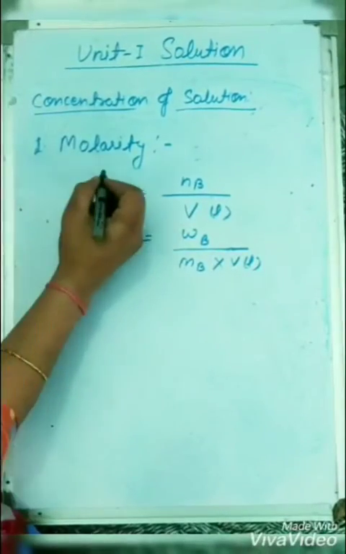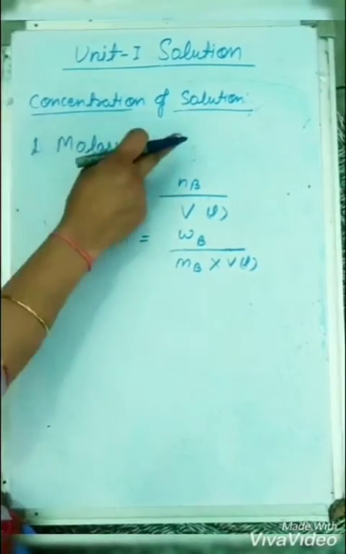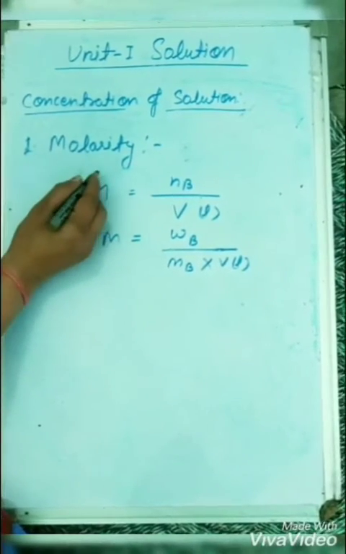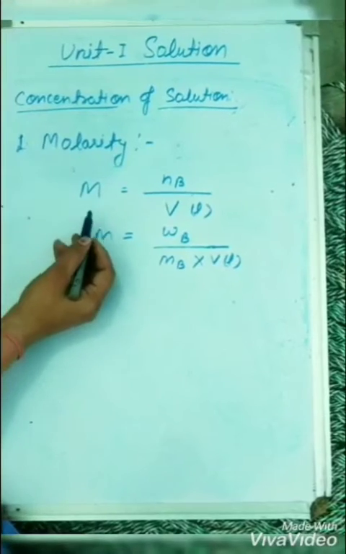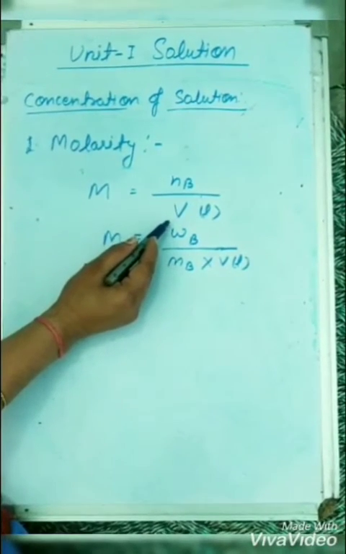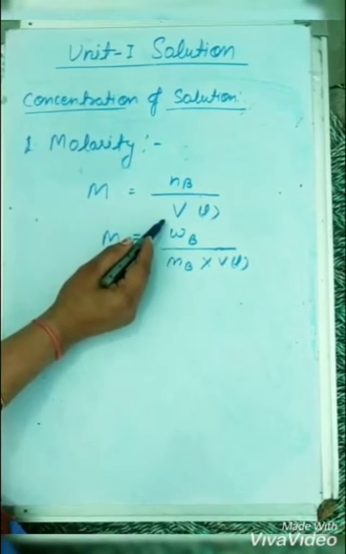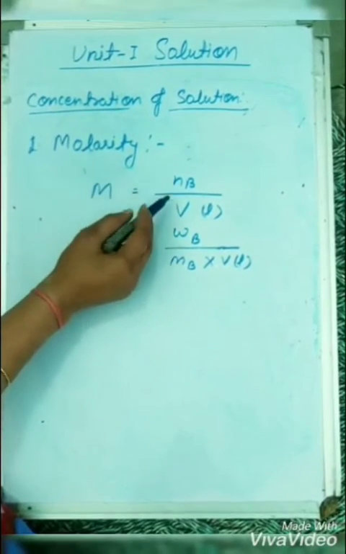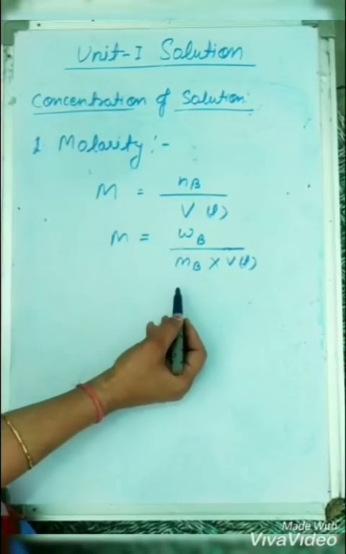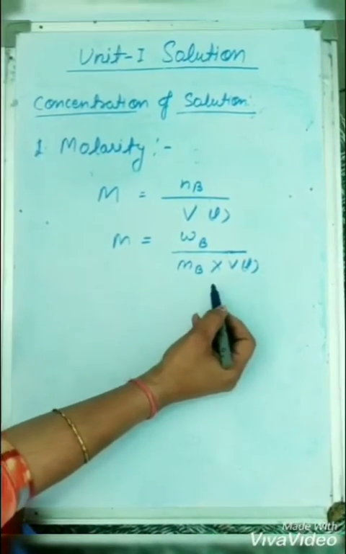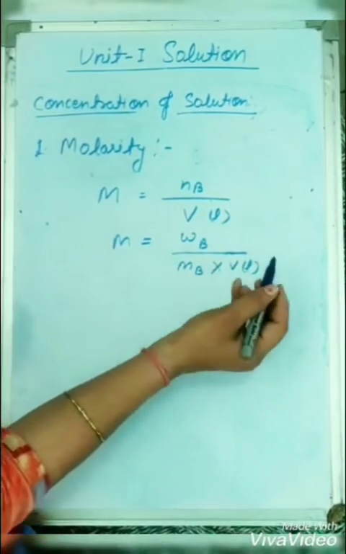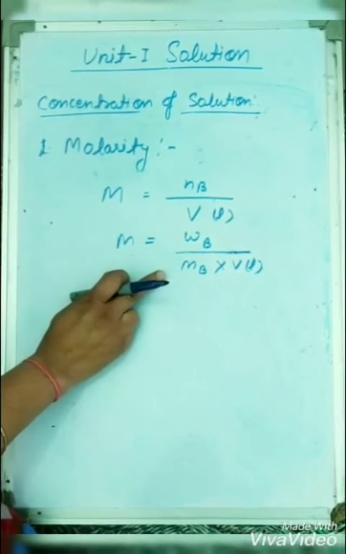We explain the concentration of solution. The concentration of solution is expressed in the form of molality and molarity. First we take the molarity, that is, molarity is equal to the number of moles present in 1 liter of liquid या 1 liter of solution. ठीक है. We know that the number of moles equals W upon M, so we can write W upon M into V. If we take the volume in ml, then we multiply this formula by 1000.